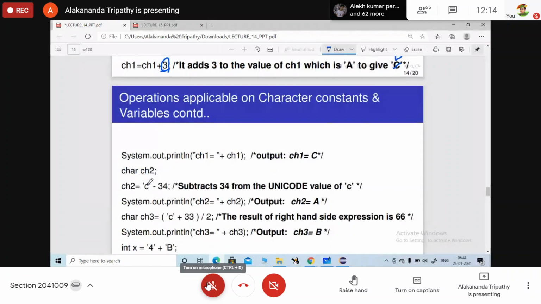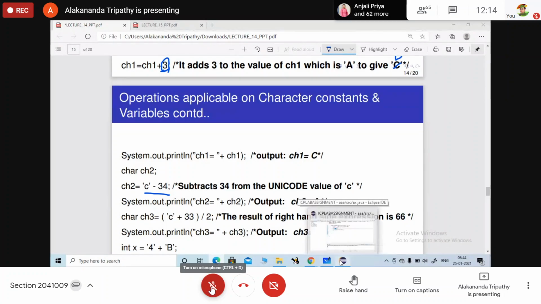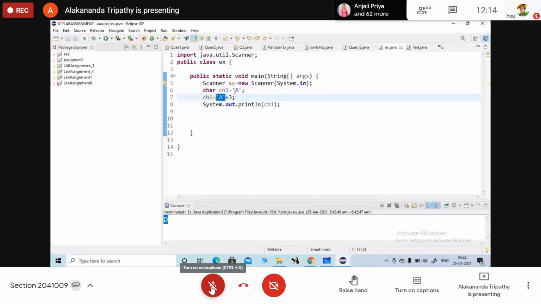So here what is happening now? Look here, C minus 32. What will be the value? Here if I take C and here minus 32, what will be the output?